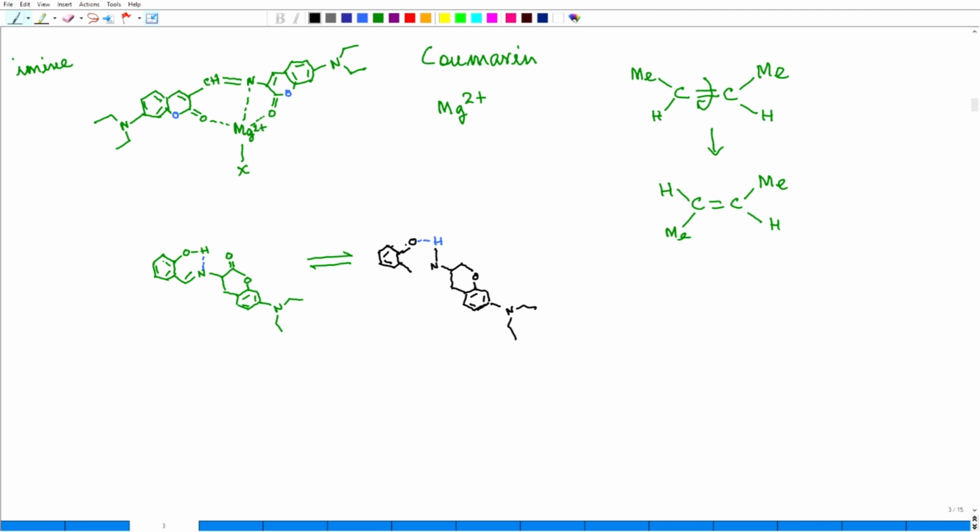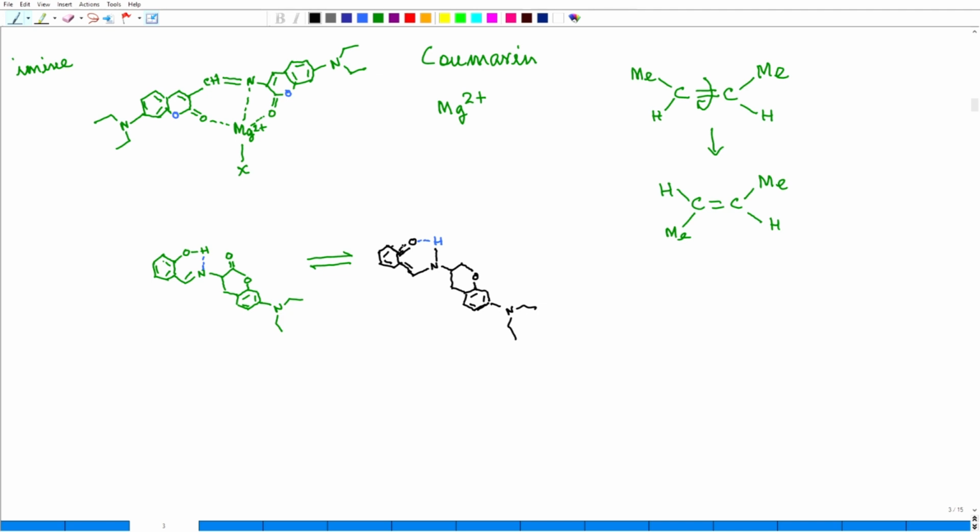I told you that valency cannot change. This and this. So, it becomes like this. So, from enol it becomes a keto,